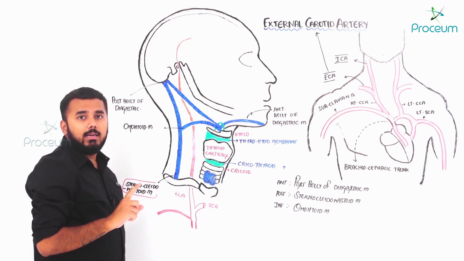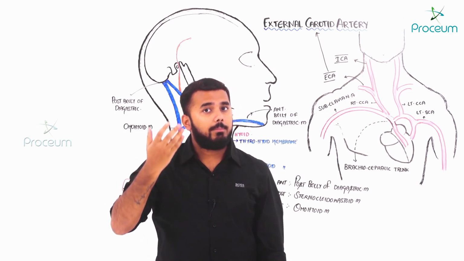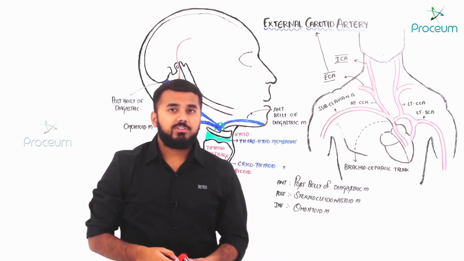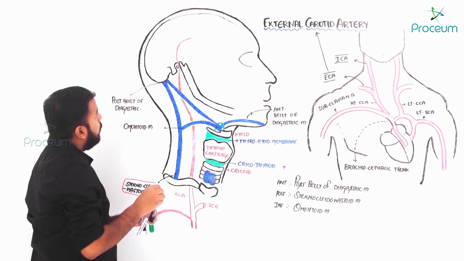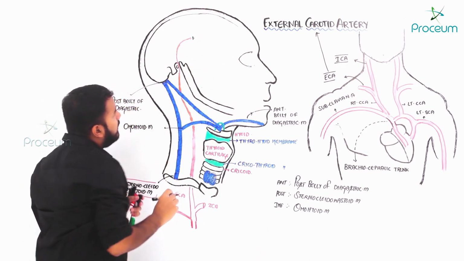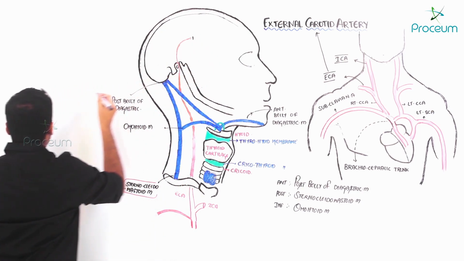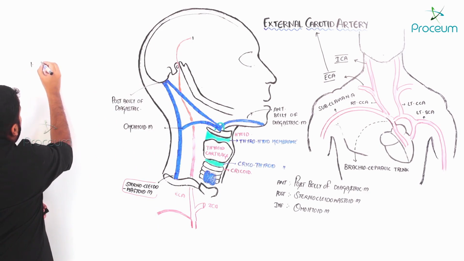So I call this artery the temporal artery. As it is superficial, as I can palpate it, I can call it the superficial temporal artery. Let me put it as 1 over here. So the first artery over here is called the